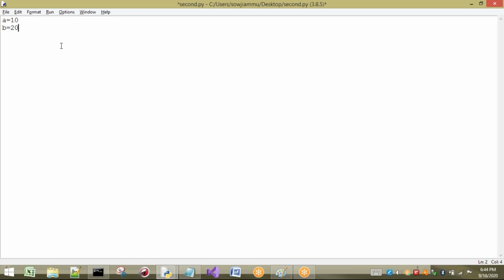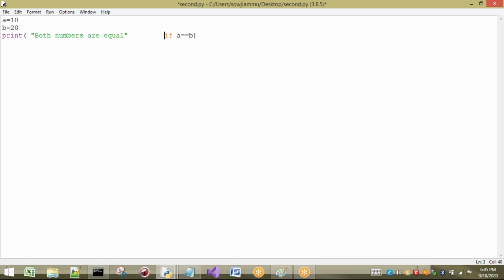The condition also will be written inside this print statement only. So observe carefully. If A equal to B, what should be the answer? If A equal to B, what has to be printed? I have to tell that both numbers are equal.